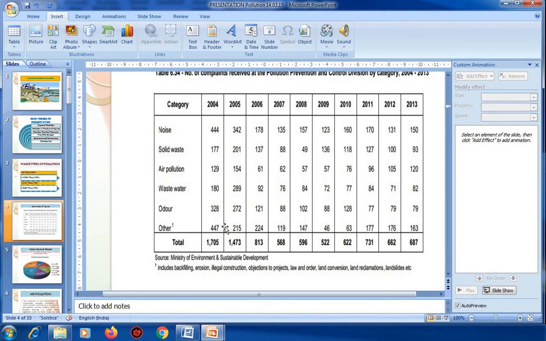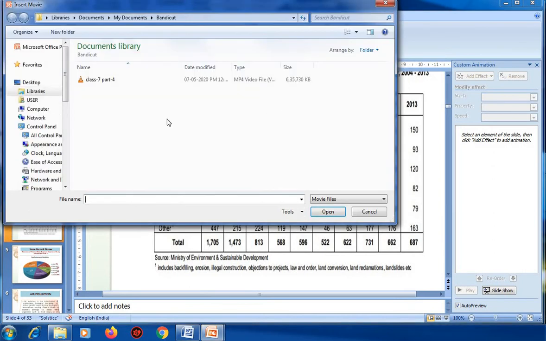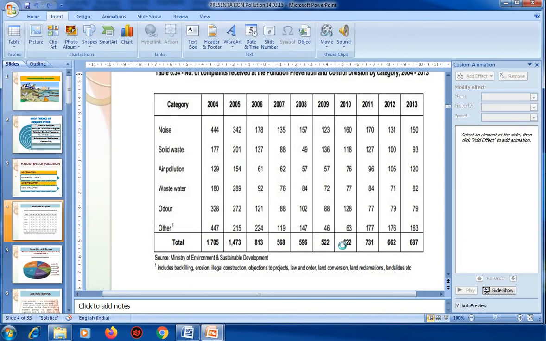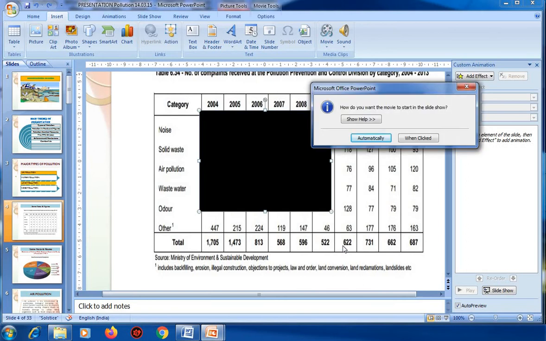First of all, click on the Insert tab, then click Movies from the Media Clips group, insert this option, then from the file, select any file, then OK. You can see the Movie dialog box. Select any video file to add, then click the OK option, then automatically you can see the same option coming.